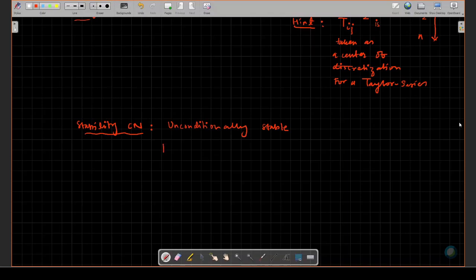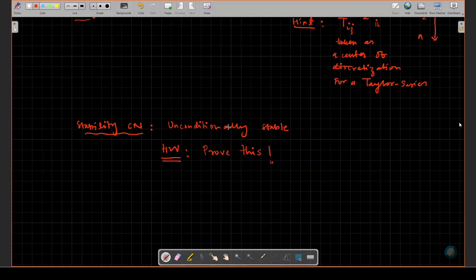Okay. Homework. This is again a homework I am giving you. We have already done some cases of how to find out a stability analysis. So the homework is to prove this. Please do this. Prove that the Crank-Nicolson method is unconditionally stable. So please do this.